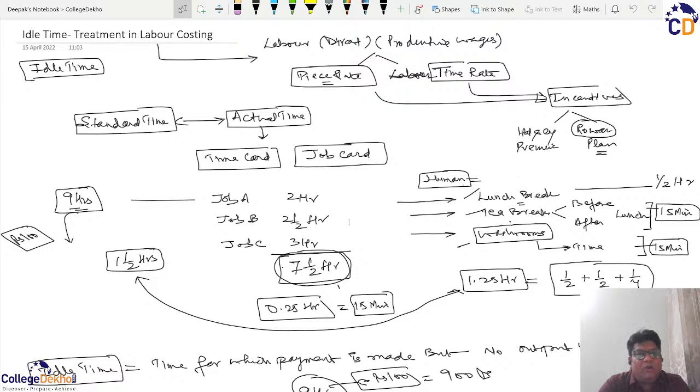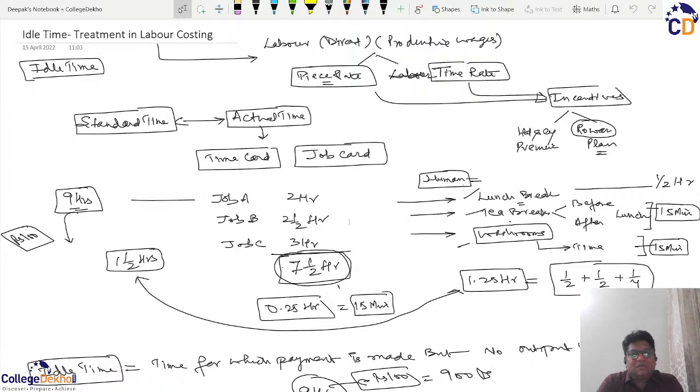और इसके अलावा कुछ नॉर्मल ह्यूमन प्रोसीजर्स हैं जो लंच और टी ब्रेक्स हैं, एंड दैट इज व्हाई instead of discussing all of them at par, we have classified which reasons are abnormal, that is which are unplanned, and therefore such idle time is known as abnormal idle time, and the cost of abnormal idle time is not a part of direct labor cost, it is not a part of cost accounting, it is charged separately through the costing profit and loss account, and hence only debited in financial accounts.